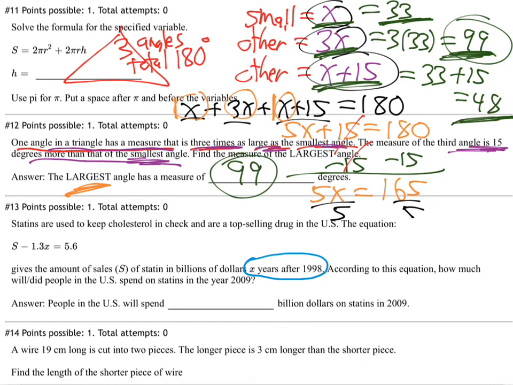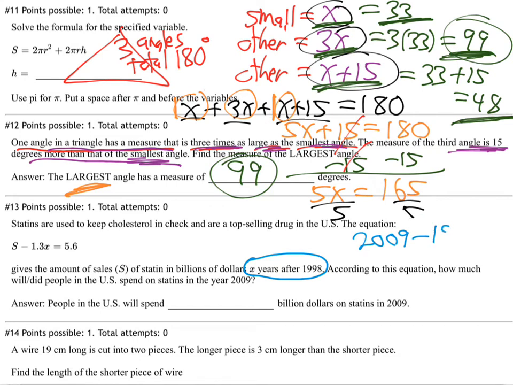So, in other words, suppose this is the year 2000. What is x? How many years after 98 would that be? That'd be 2. X would be 2, right? And they're giving us the year. What year? 2009. So in the year 2009,